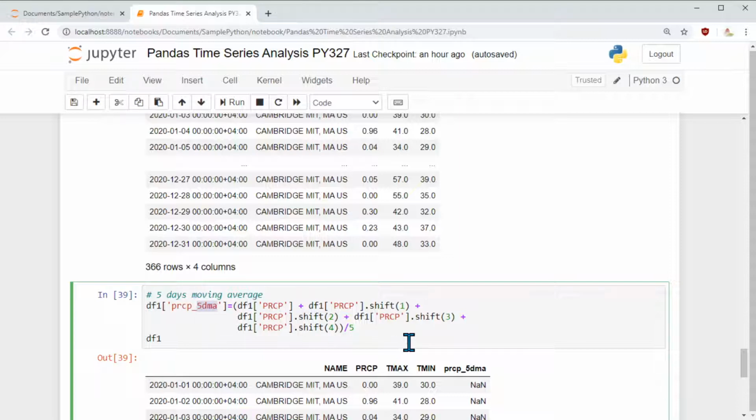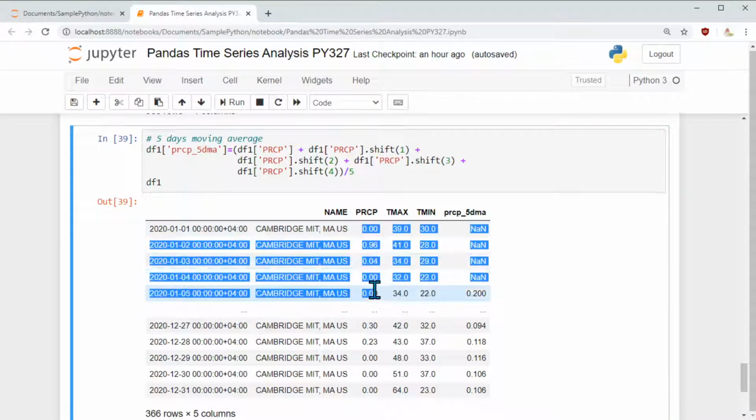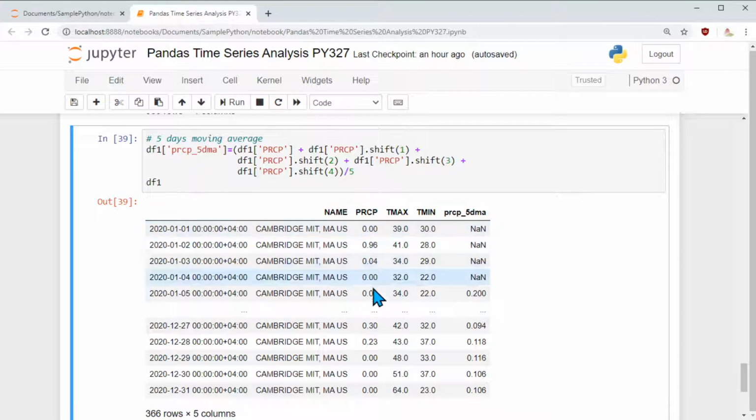So now I have the 5-day moving average, and I say show me the data frame. And if you notice, if you add the first 5 numbers here, it adds up to 1. You divide by 5, it gives you 0.2. Neat.